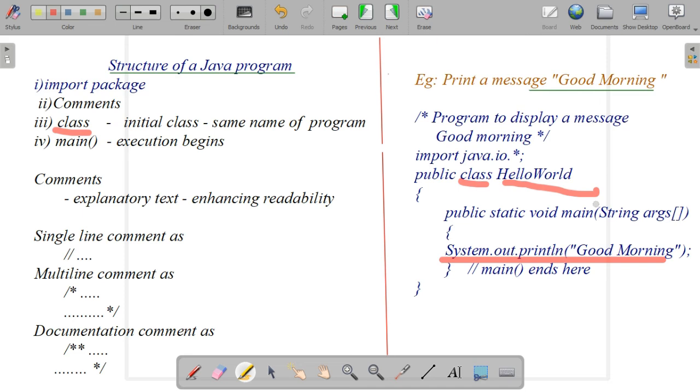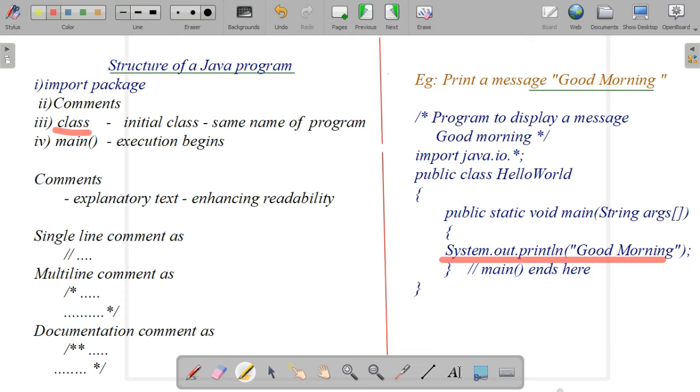When we are writing a program, we have to be alert to these different components. First one is the package. Of course, we need to import a package. Here I have given an example as import java.io.*. If you are using any Scanner class, you should import the java.util package. The next one is the class. Class is the keyword we are using here. Then the class name you should write. Here in the program, HelloWorld is the class name.